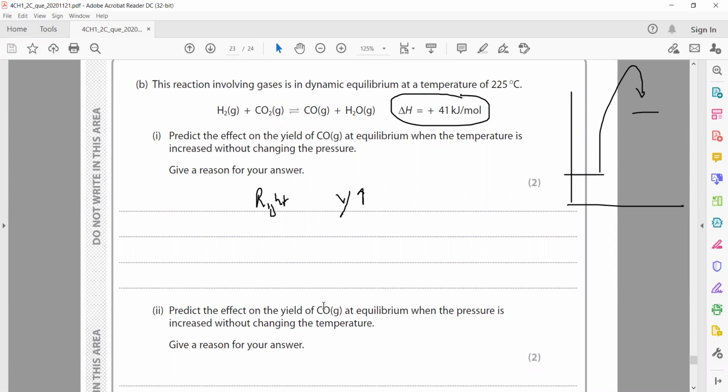Predict the effect on the yield of carbon monoxide when pressure is increased. Increase in pressure shifts the equilibrium towards the side where the number of moles of gas is less. But in this one you have 2 moles of gas in the reactant and product. So pressure has no effect on the yield of CO, because there is an equal number of moles. So if we have an equal number of moles, pressure